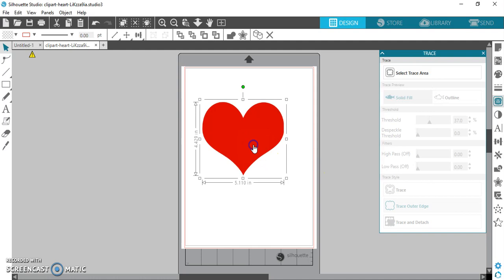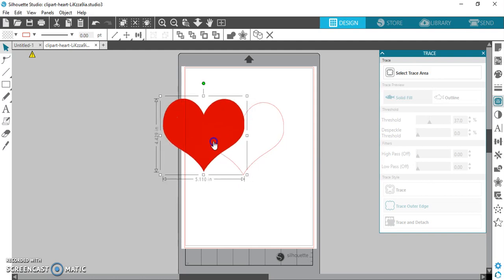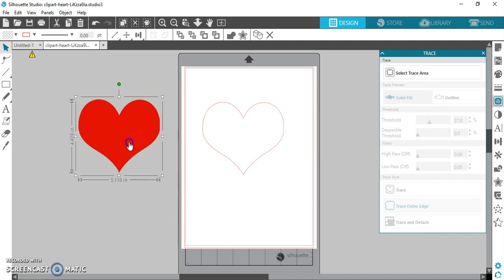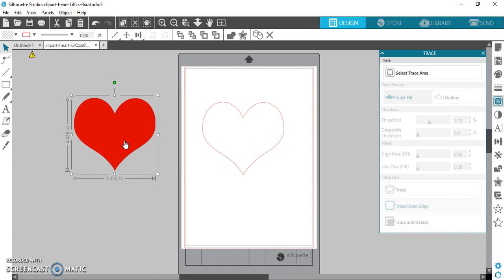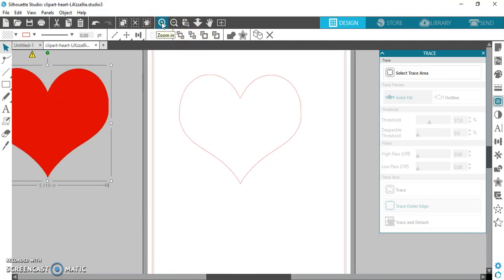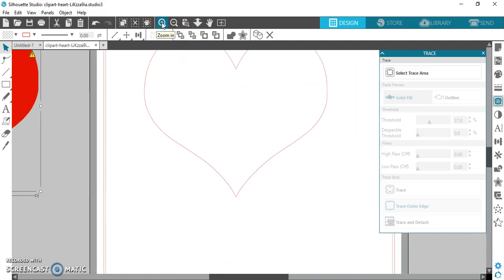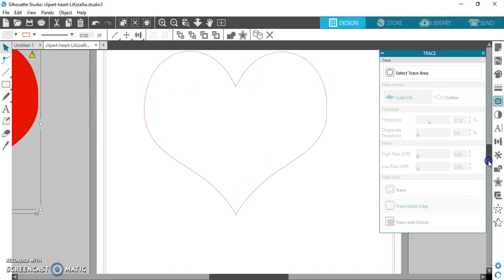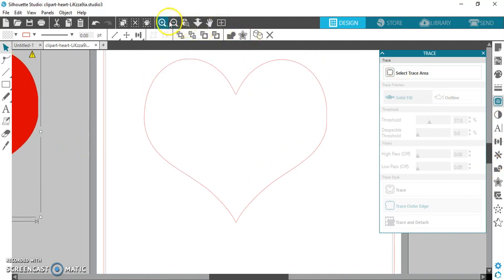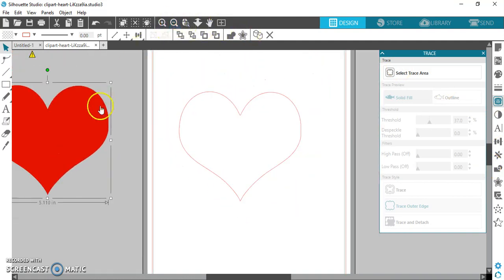And after that's done, you can click and drag your original image off of the cutting mat, and you are left with your cut file. And you can zoom in just to make sure everything's good, and then you can delete your original image,